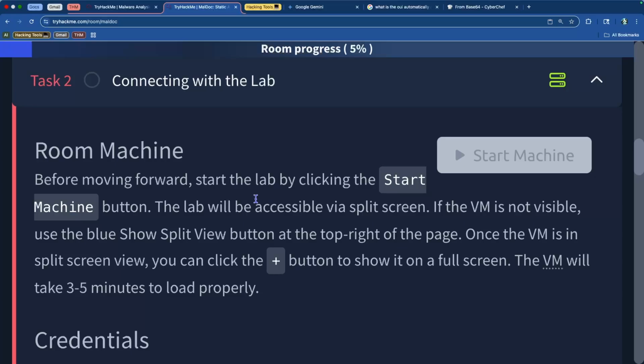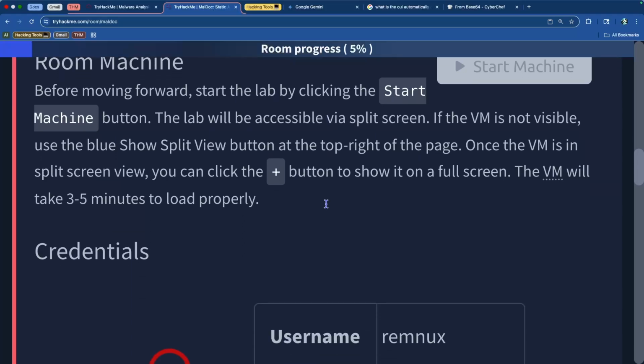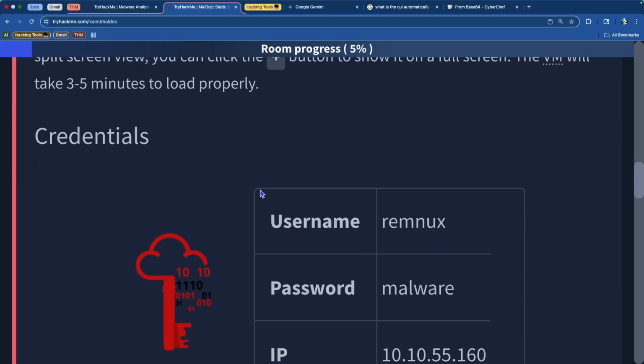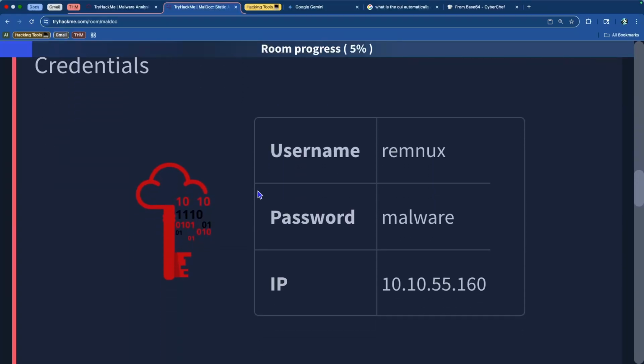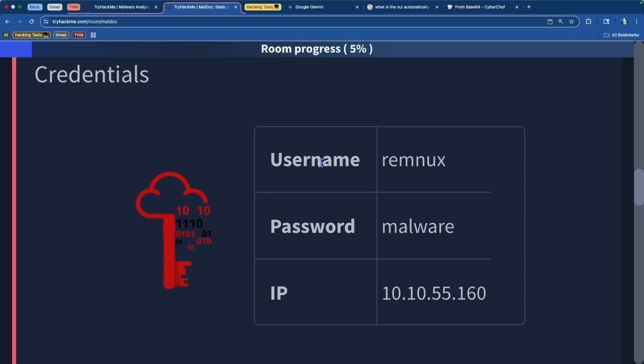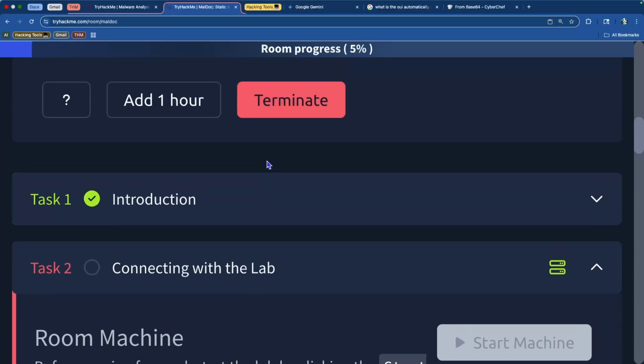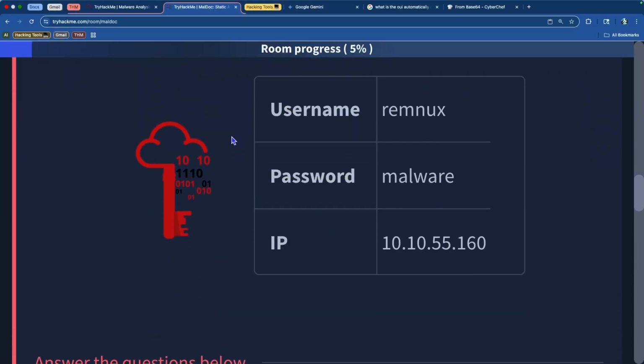So I've already launched this virtual machine and it opened up in a split screen, but I'm super zoomed in onto my screen right now, so you can't really see it. If I wanted to connect to it via OpenVPN, I could, and I could connect from my specific computer. So once you're connected to OpenVPN, then you can go ahead and launch the virtual machine, and then you can